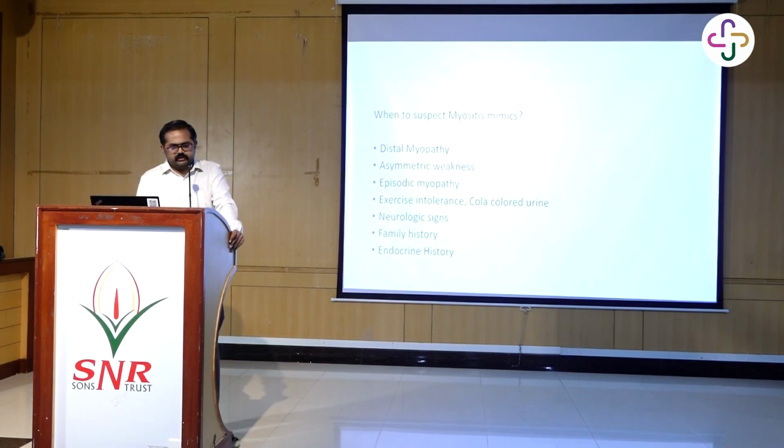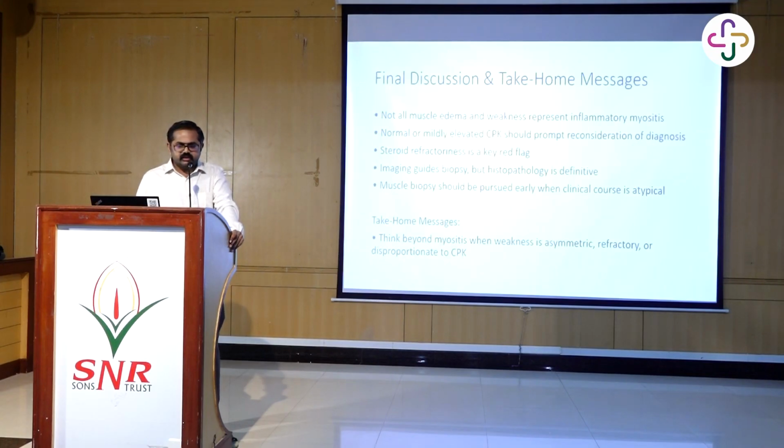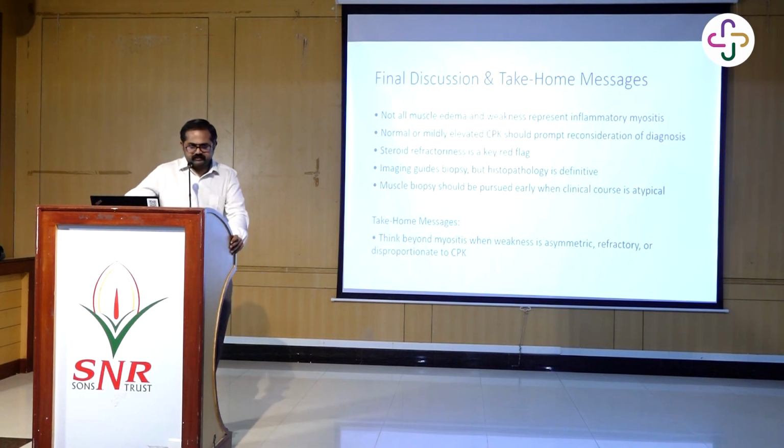So to conclude, when to suspect myositis mimics: there may be a distal myopathy or asymmetrical weakness, episodic myopathy, exercise intolerance with cola colored urine, neurological signs, family history of myositis, or endocrine history. If these points are there, we have to suspect a myositis mimic rather than myositis, and muscle biopsy is the gold standard. Not all muscle edema and weakness represent inflammatory myositis, and with normal or mildly elevated CPK we should reconsider the diagnosis. Steroid refractoriness is a key red flag sign, and imaging only guides the biopsy,